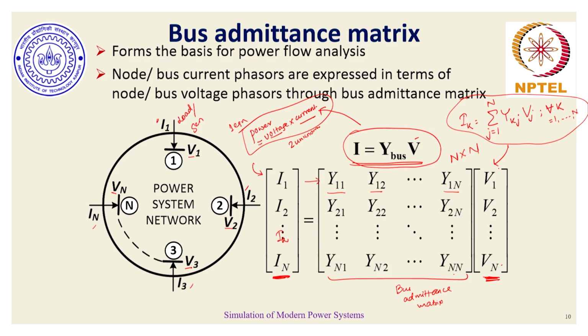If we represent current through the bus admittance matrix, which is a known matrix for a given network, and the remaining voltages, and replace this over here, then essentially we would have something of the form of voltage square multiplied by some y. I am not saying that y would be Y bus, but if y is known and fixed, for one equation we will only have one voltage, and then the equations can be made mathematically consistent and solved. That is the reasoning why one needs to understand the bus admittance matrix, and that is the reason why it forms the basis for power flow analysis.